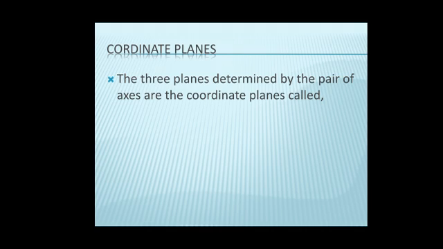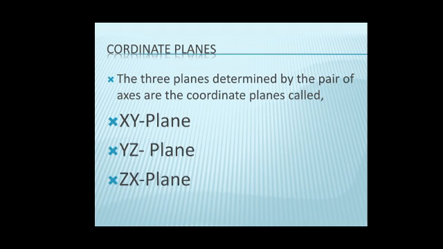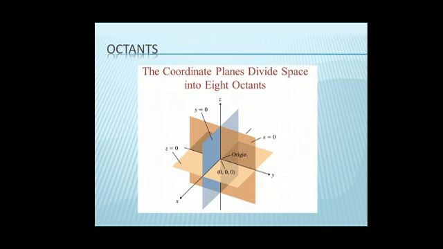Now these three axes determine three planes by the pair of axes, which are the coordinate planes, called the xy plane, yz plane and zx plane respectively. You can see very clearly in the figure, the coordinate planes divide the space into 8 octants. You could see very clearly the three planes meeting each other at the origin are dividing the